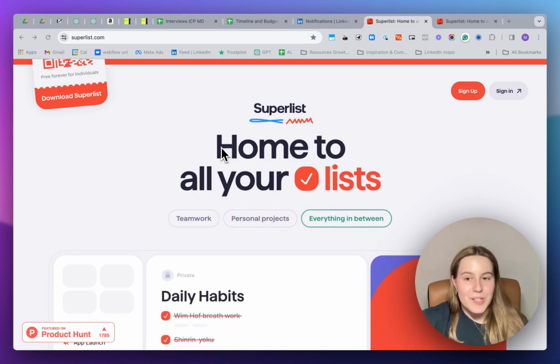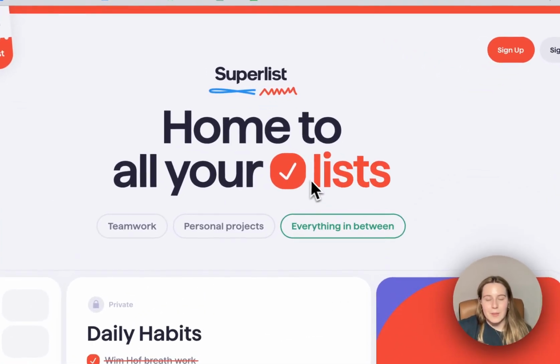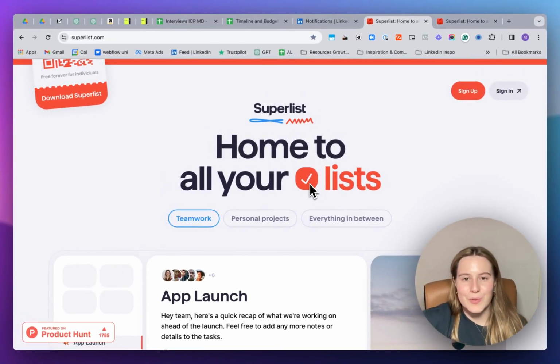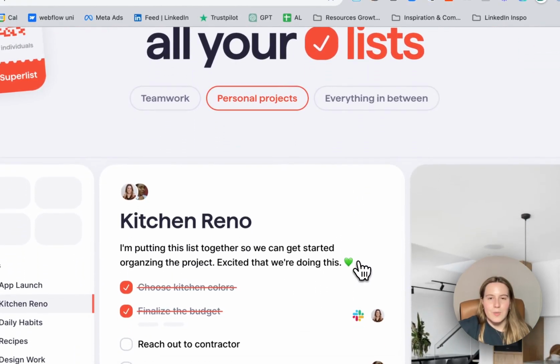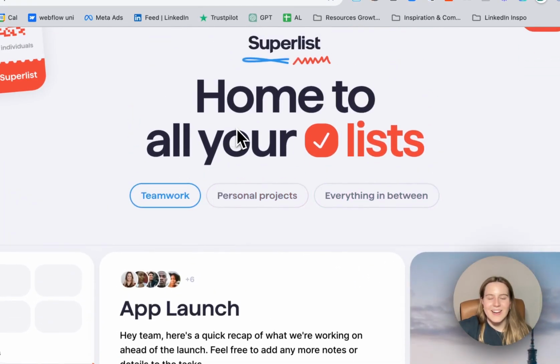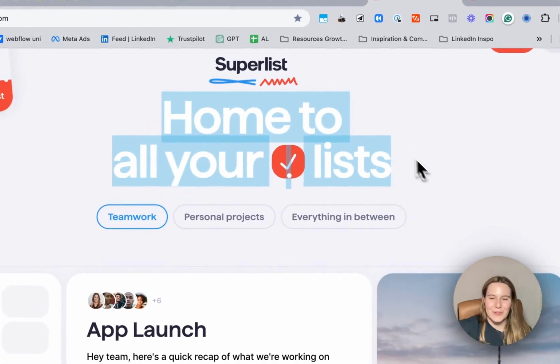But yeah, this website, really cool. We can see this above the fold section, some animations here, like this checkbox which moves, which I find really cool. Also, you can switch between different lists. I love this, like, of course, this